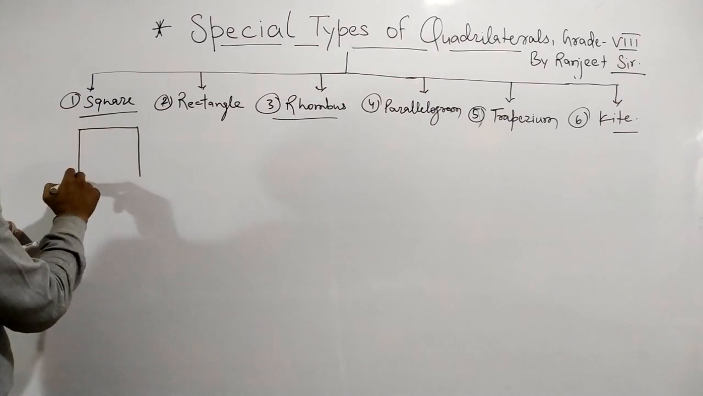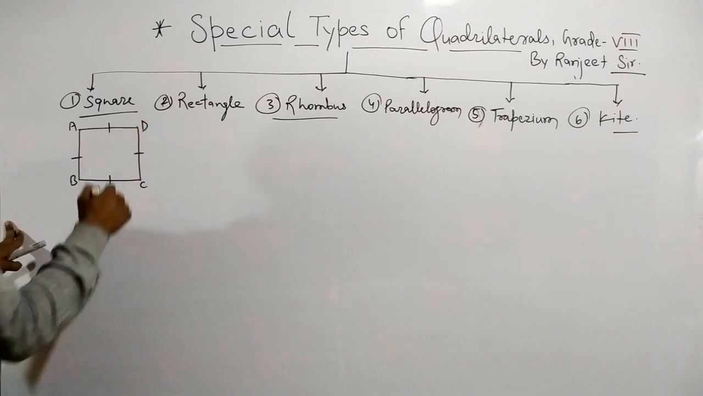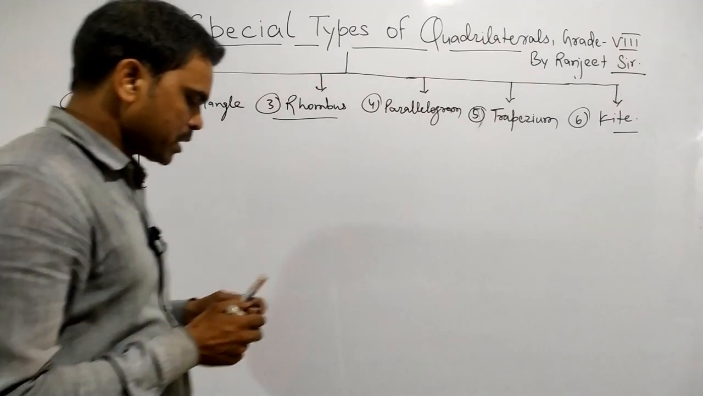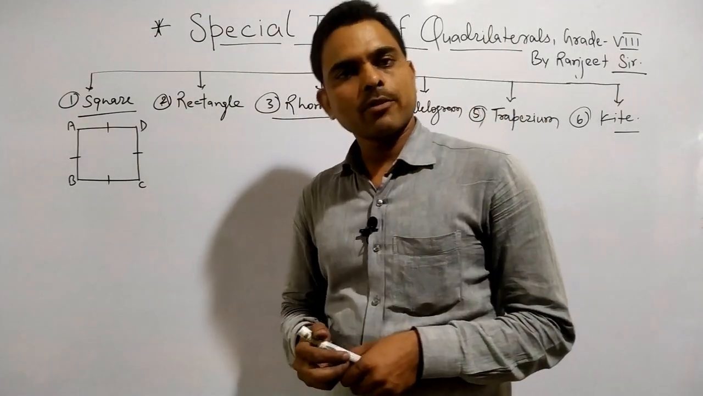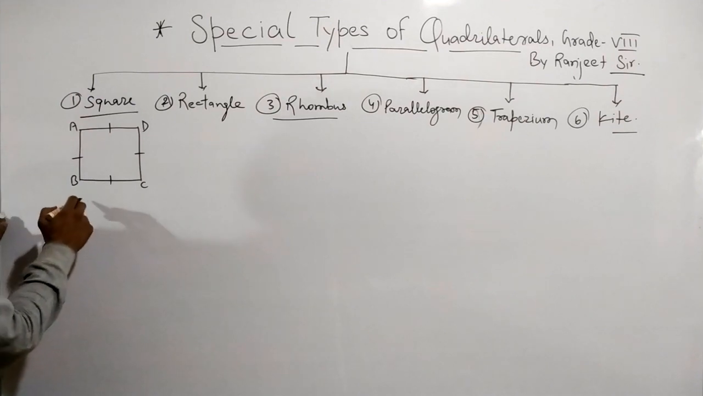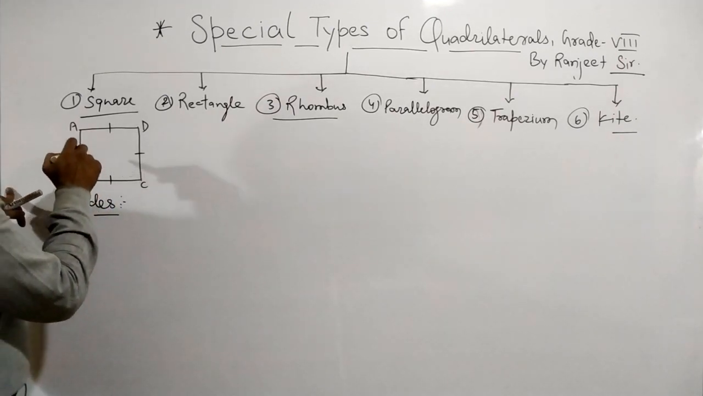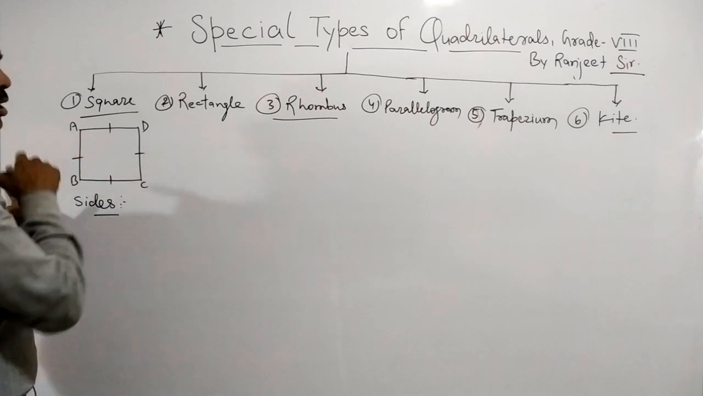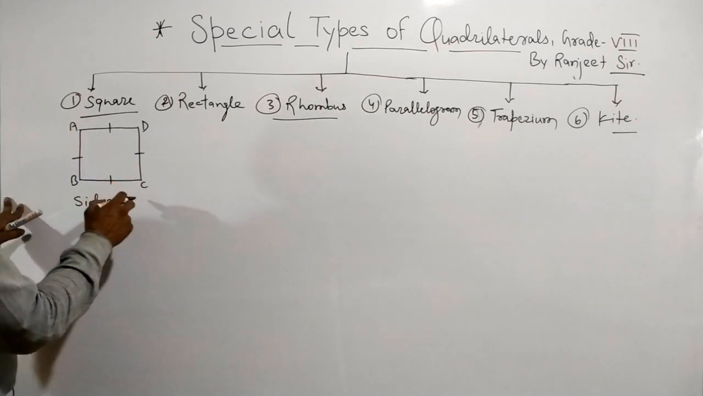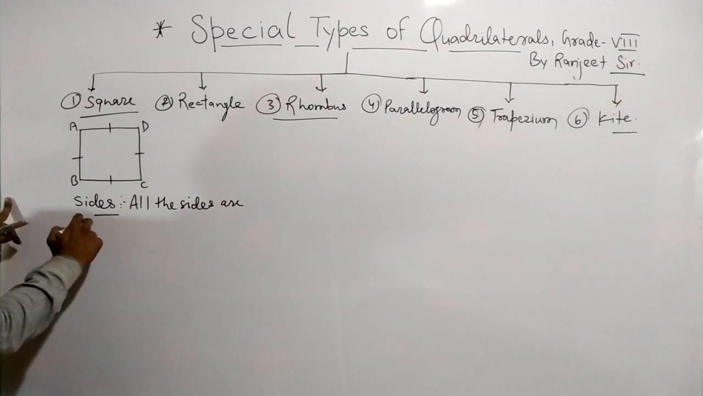Just for identifying it, I'm making a diagram of it saying A, B, C, D. Here I have shown all the sides are equal. This is the property related to the sides of it. We will talk about the angles also, and after that the diagonals. So first of all I write about the sides. Let's see what the sides say. In a square, first of all you will write all the sides are equal. It means if it is 5 centimeters, all the sides will be of 5 centimeters. So here we will write all the sides are equal